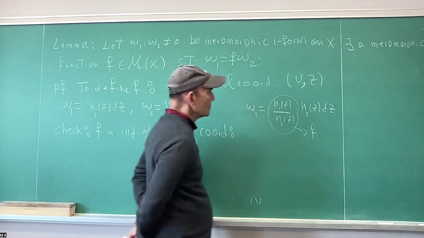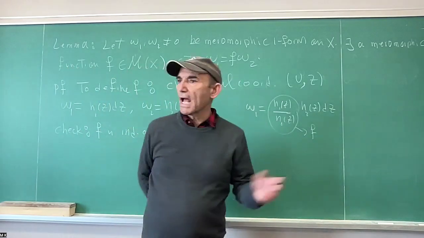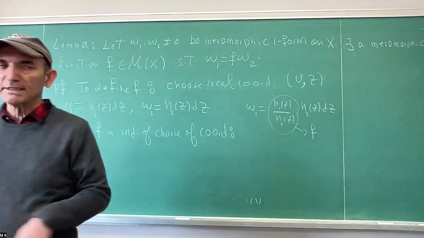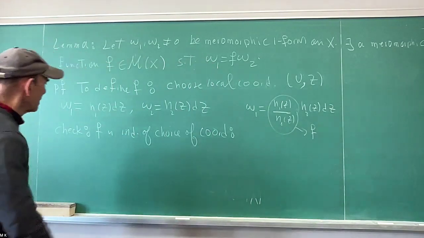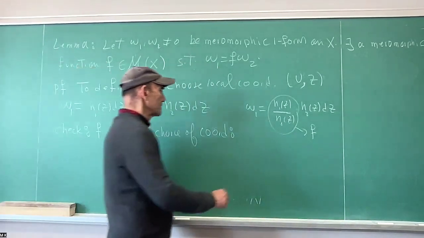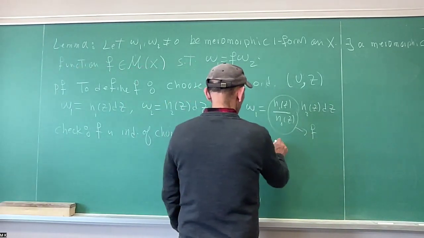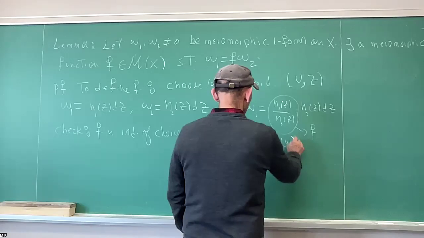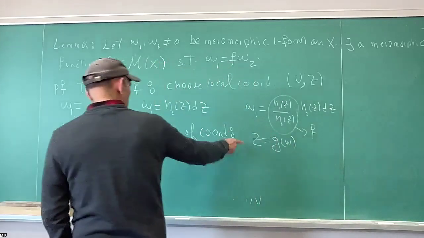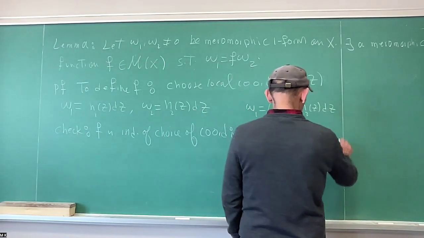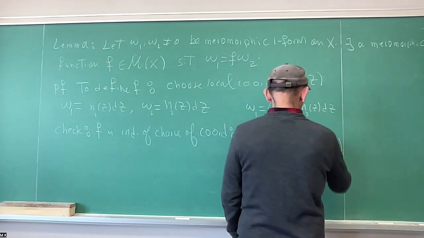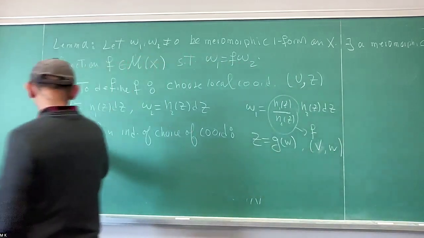So how can we check that? Well, we have to change coordinates and see if the definition of this f, which is the quotient of h1, h2, remains invariant. So if you go to a new coordinate system z equal to g of w, for example, then in this coordinate system, say v and w, you can certainly write omega 1